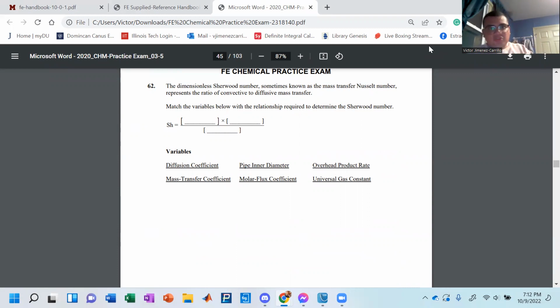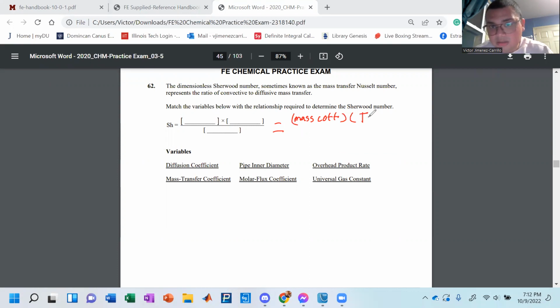Okay, 62. The dimensionless Sherwood number is sometimes shown as a mass transfer Nusselt number and represents the ratio of convective to diffusive mass transport. Match the variables below to determine the relationship of the Sherwood number. Go into your FE handbook, Control F Sherwood number, and it's literally there. Written out in plain daylight, and you just copy it. It is the mass transfer coefficient multiplied by the inside diameter of the tube,